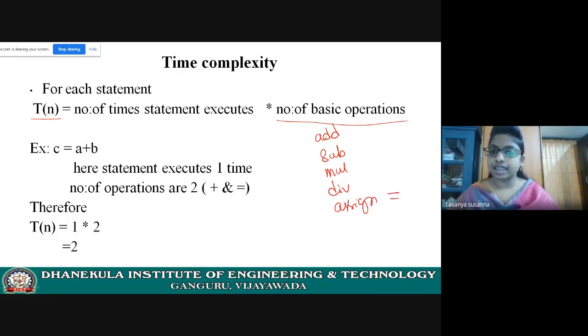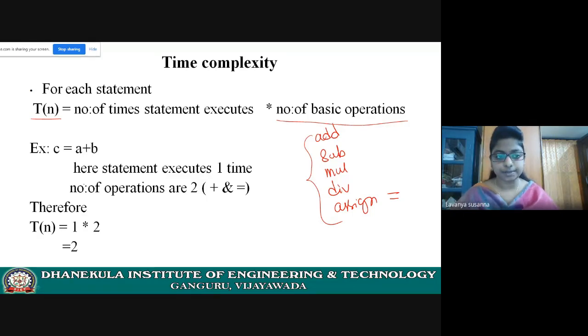If there are any of these operations, then you need to note down how many basic operations are there in a statement. Again, see the formula. T of n equals the number of times a statement executes into the number of basic operations present in the statement.